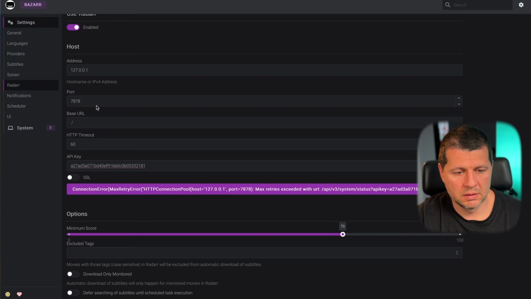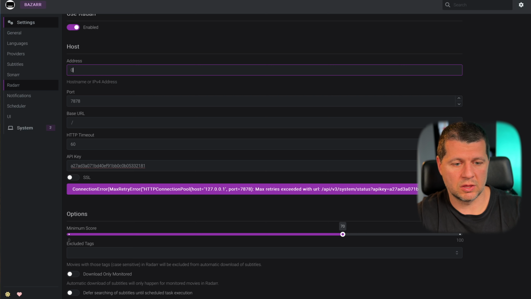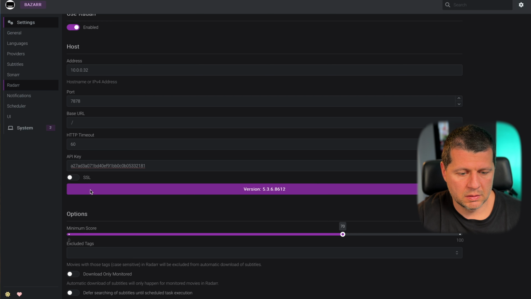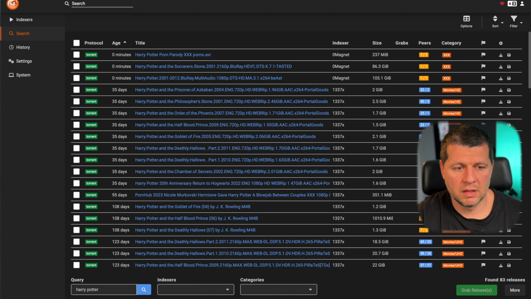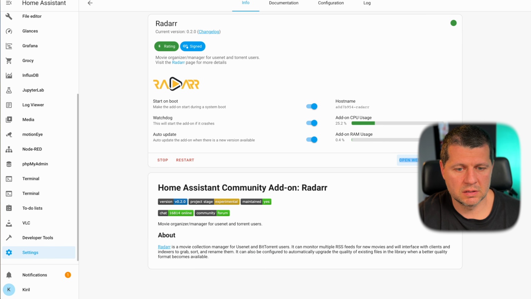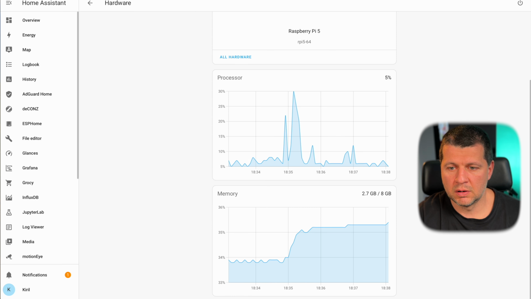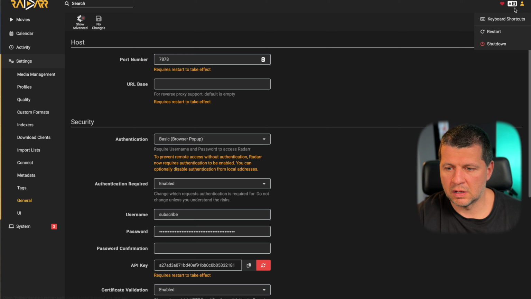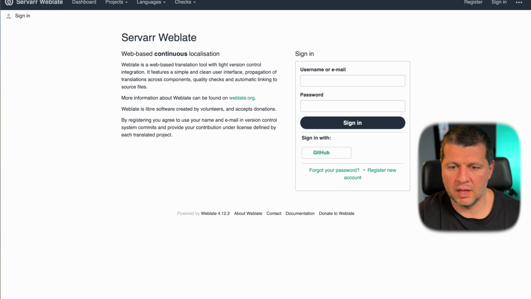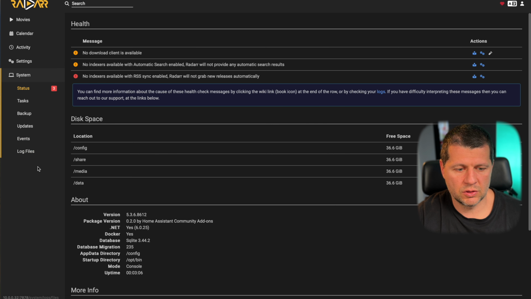connection error. Let me change the IP. Version 5.3.6. Is this my Radarr? I'll close this. I'm not sure. Where is my Radarr? This is it. How can I see my version? I'm not sure. Status, health,